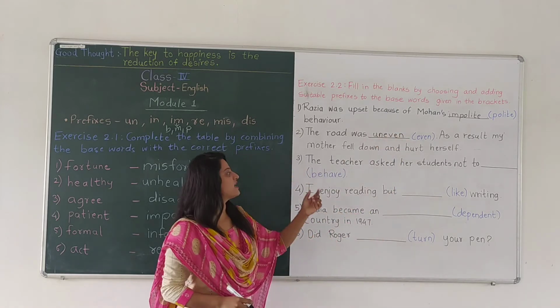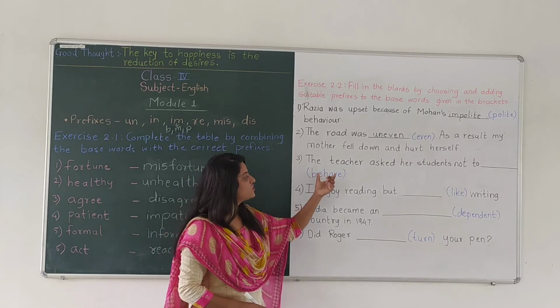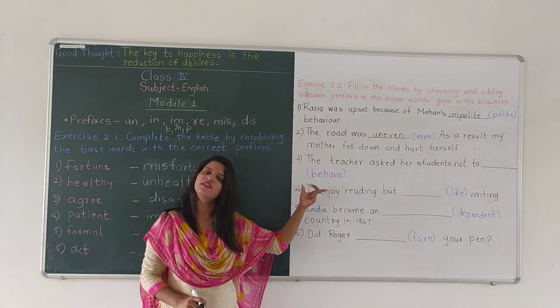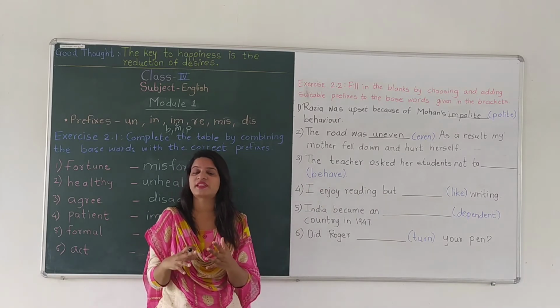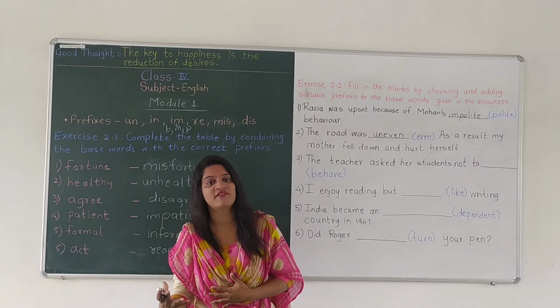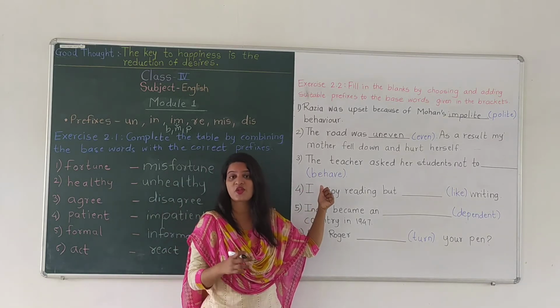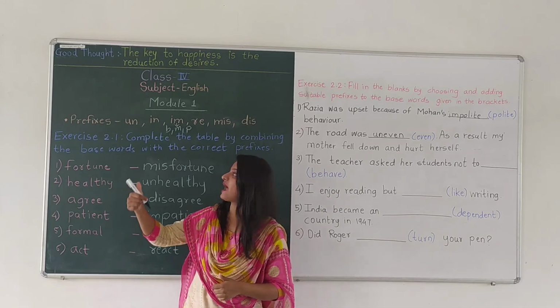Now let us move towards our next sentence. The teacher asked her students not to behave. Now, behave, what can be the opposite word for behave? Now, as you can see, over here B is mentioned. So now you will think that we can add im over